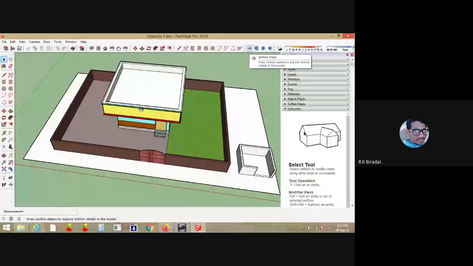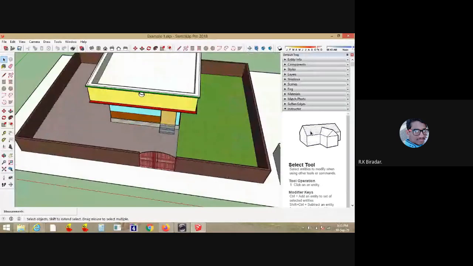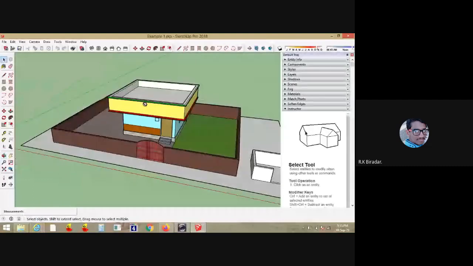Whenever you move cursor on any of the tool here, the dialog box will appear there, and that shows what that particular tool does. So when I move cursor on this section plane tool, it is showing that draw section. It draws section plane to expose interior details in the model. So this is the model. If you would like to see the interior details, you have to use the section plane here.